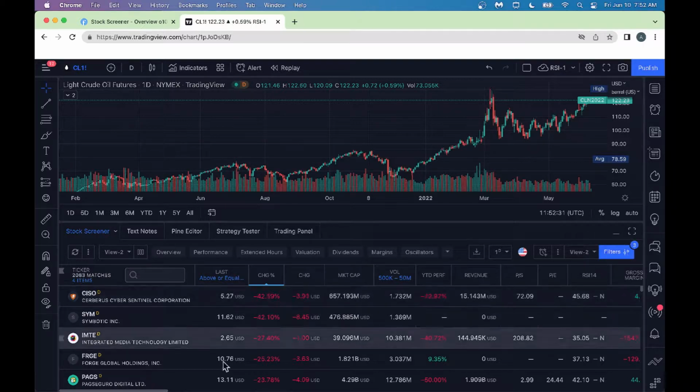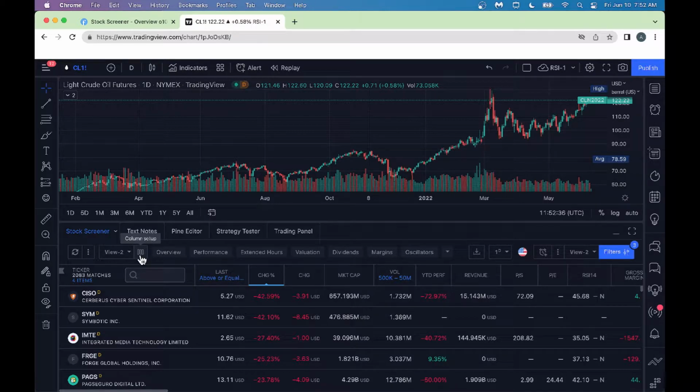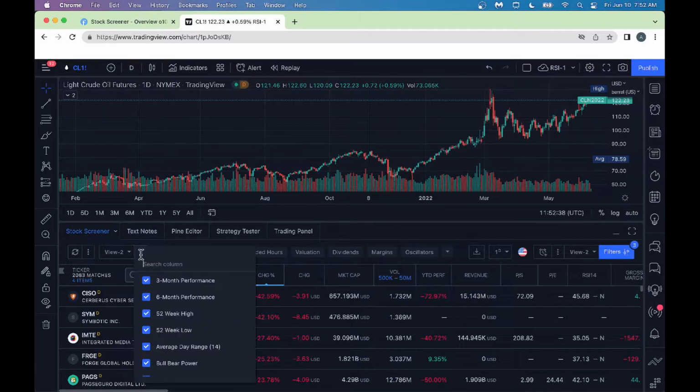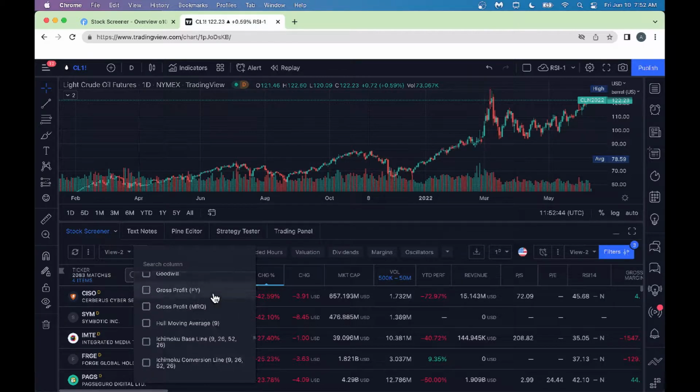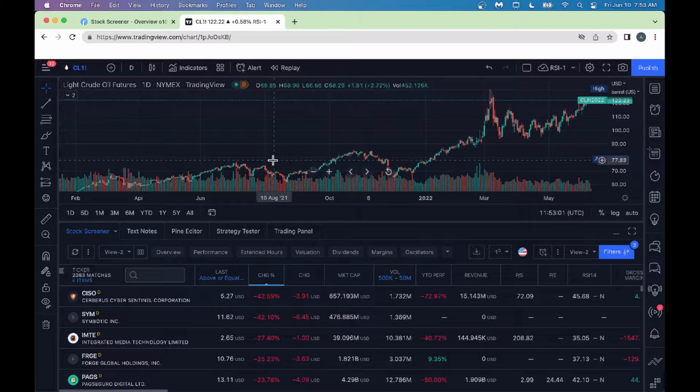If you want to change the layout, you can click on the three columns right here, and you could select what you want to see. Look, I already selected a few things. I don't want a lot of things, so I unselected them. One of the beauties about TradingView is they have about 300 to 400 attributes that you can choose from. It's a whole host of information, and one of the best things I like about this software, once you get into one of the premium